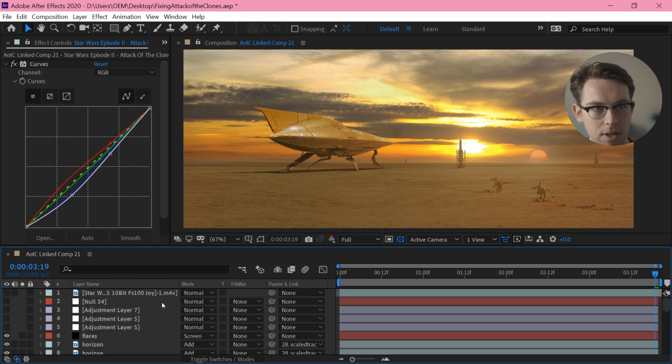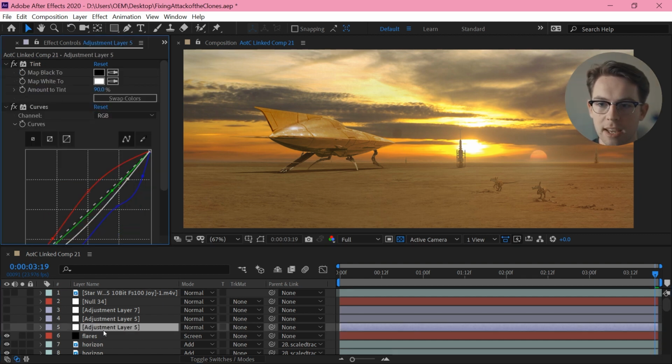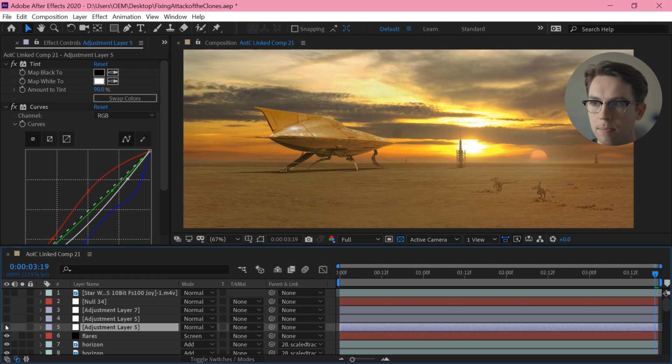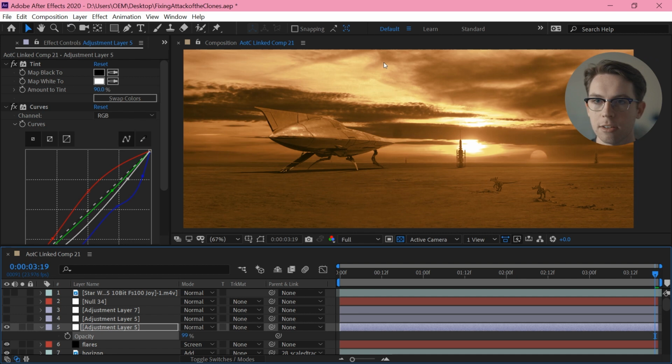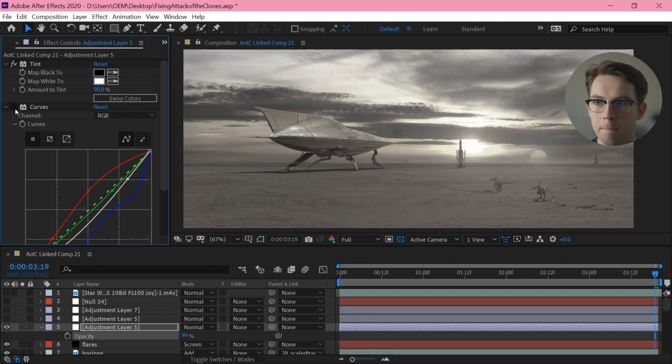So now I want to do my grading, and I've done this in After Effects since I'm just doing this grade for the sky replacement shots, and I'm not doing it in a very complex way. I'm just using curves and saturation. So first I want to make everything just a bit more orange. So I'm going to tint everything till it's basically black and white.